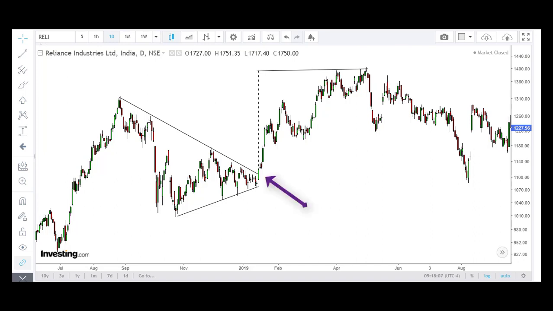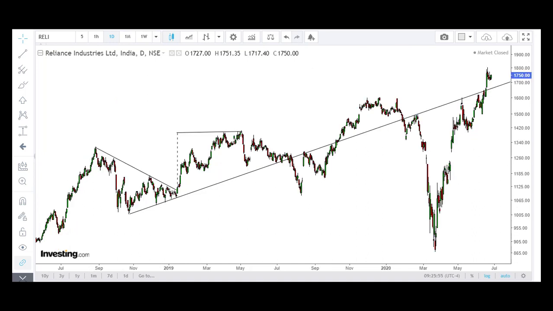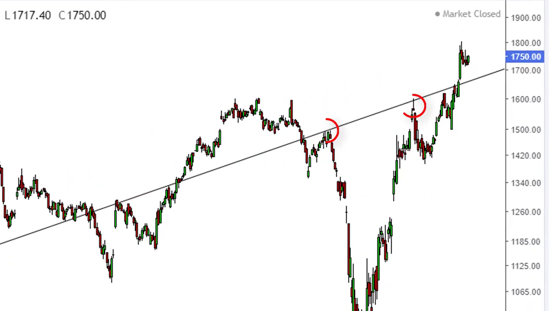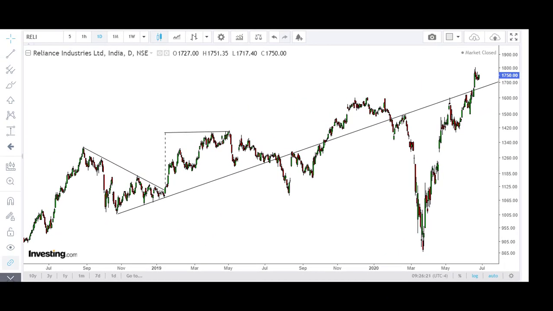The stock broke out from the pattern in early 2019 and it achieved its target in the next 5 months. Now traders usually erase their plotting as soon as the target has been achieved, but these lines play a very important role in the future as well. I'll show you how this 2-year-old plotting is important in the current market scenario as well. If I extend the lower rising trend line into the future, we see how important this line is. Every hit on the line has acted as a supply juncture or a demand level, and it can be traded with confidence. So this is all you need to know about symmetrical triangles.